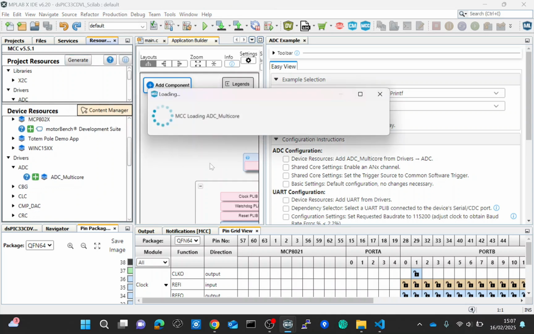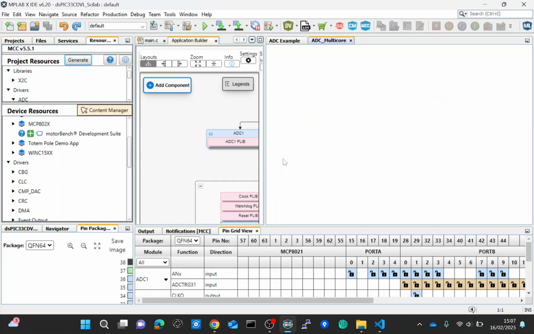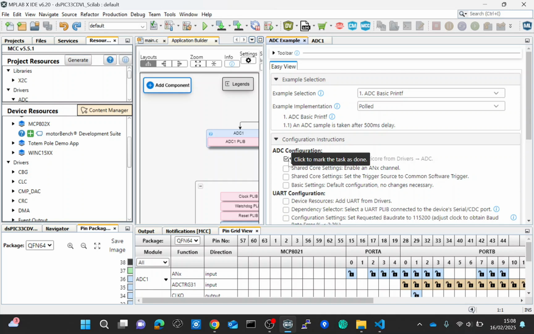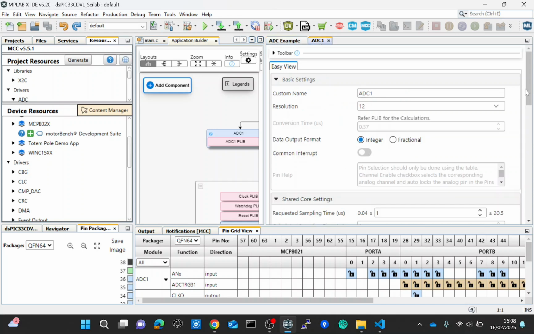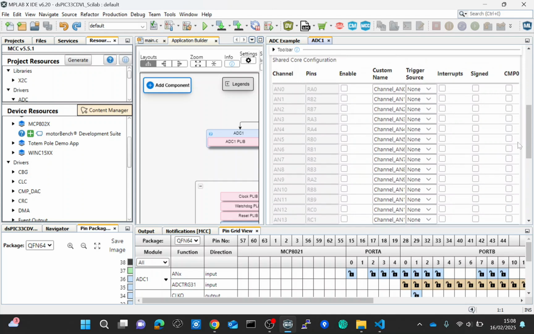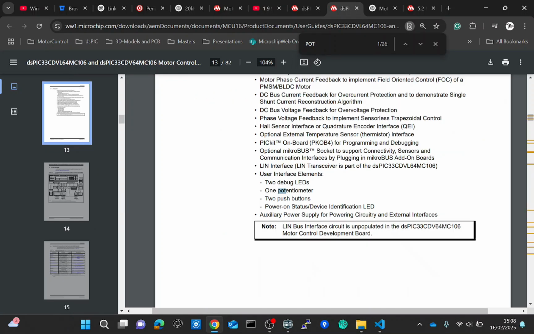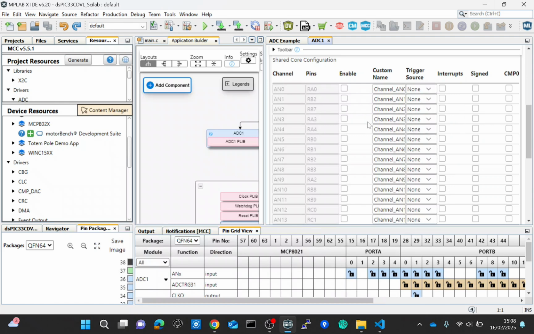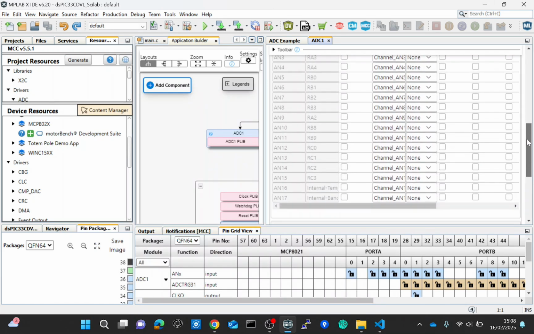As the first thing, we have to add an ADC multi-core driver, and then we follow the next instruction, which is the ADC channel that we want to use. In this case, we have to check the datasheet of the dsPIC33 CDV and check which ADC we want to use, and in our case we want to read the values of the potentiometer. So we see that the ADC input is AN15, so we go in MCC and we select AN15